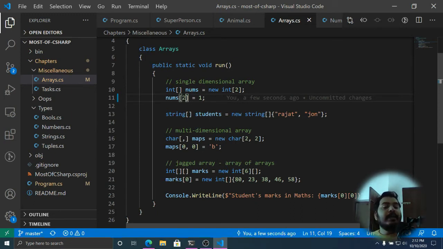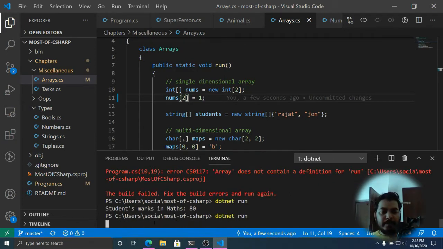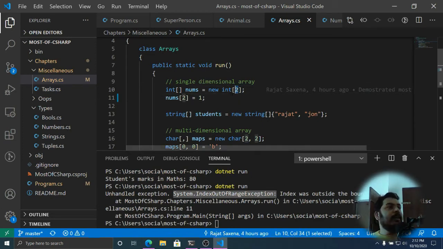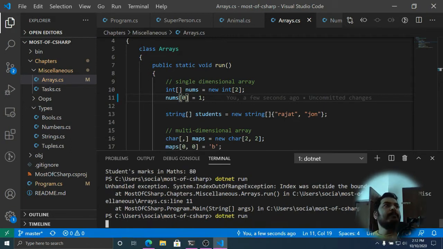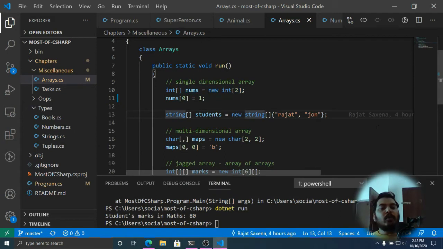If I do this, I will get an error: index out of bound, because my array can only hold 2 values, and this is the third value. If I do this, I will not get an error because now I am inside the bounds that I have defined here.